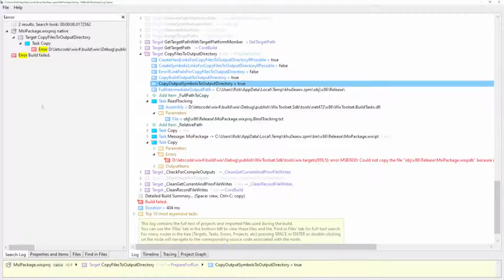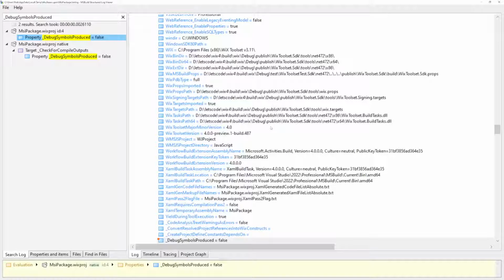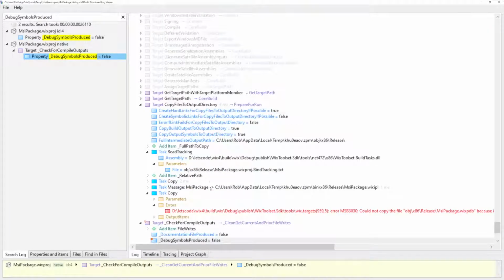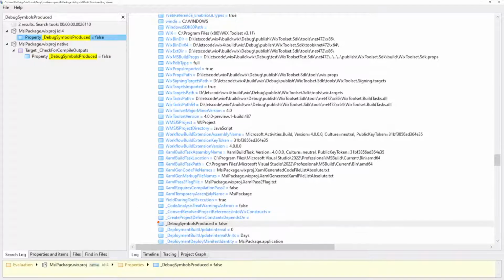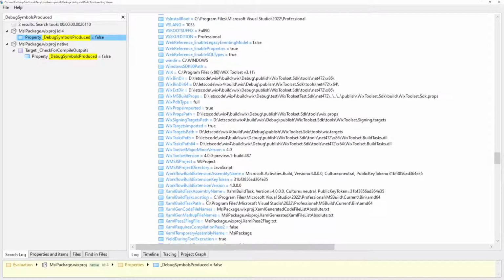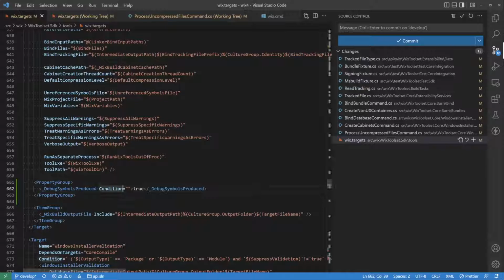So I'm going to do a quick look here to see if that variable is getting set anywhere. So somewhere in all of our targets, check for compile output. Okay, that's clean. And this is setting it to false. It's initialized to false. Okay, so if I then set it to true, then that will be a thing. So I want to set it to true